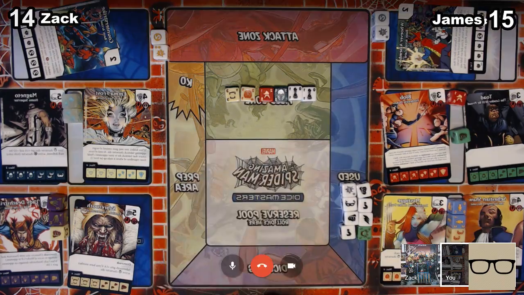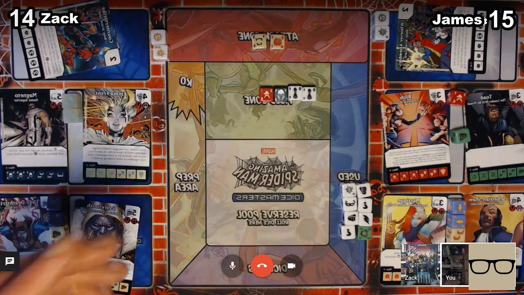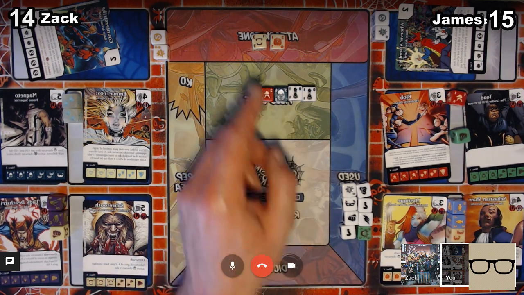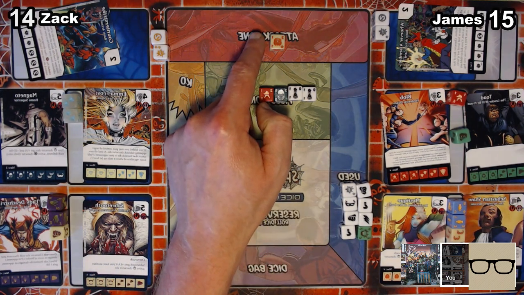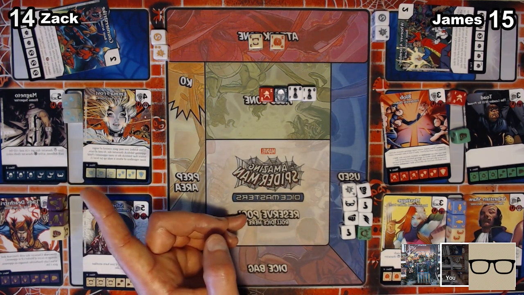I'm going to pass priority to you, firstly. I got nothing. And then I'm going to attack with these 2, and I'll just check. So Sabretooth does have Overcrush. He gets +1 from his own abilities, which is 4. Yes. And then he gets another +3 from Magneto's ability. So he's...